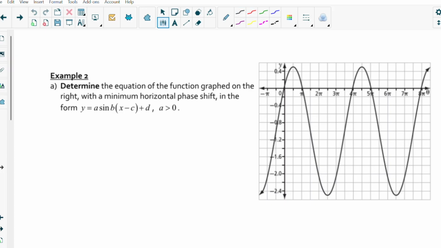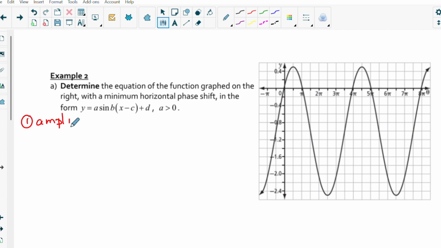Okay, example 2. Determine the equation of the function graphed on the right with a minimum horizontal phase shift in the form y equals a sine of b times x minus c plus d. A is greater than 0. So more of the same, different looking graph. Let's start looking at this. So number 1,